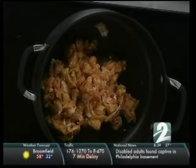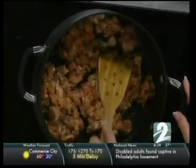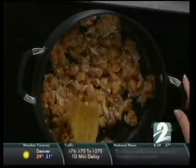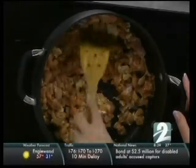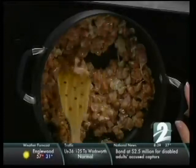And then we just take this. This is such an easy recipe. It's like all of the recipes in our cookbook, A Well Seasoned Kitchen, that I wrote together with my mom. This is actually one of her recipes. You just take this, stir it up, cook it in here for 3 minutes. Right. And then once it's been cooking for 3 minutes, then we're going to put in the rest of the